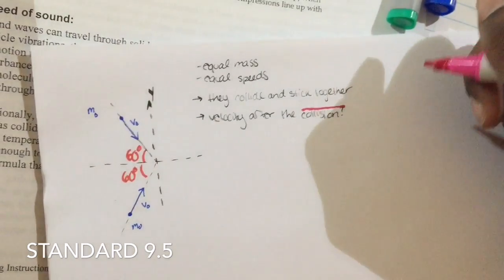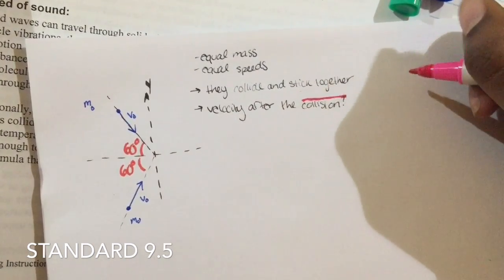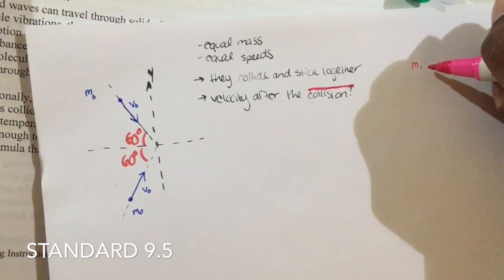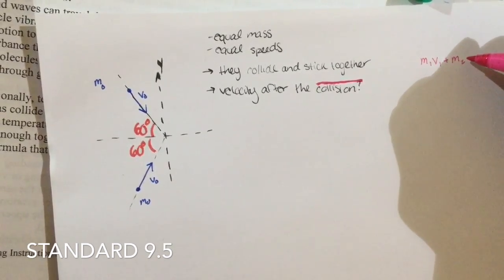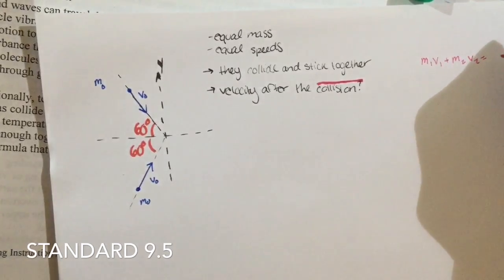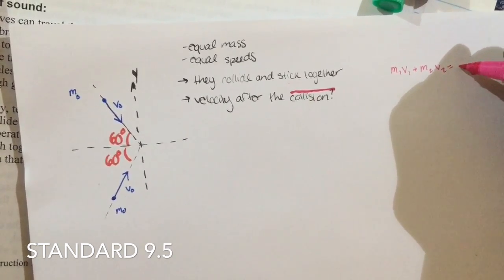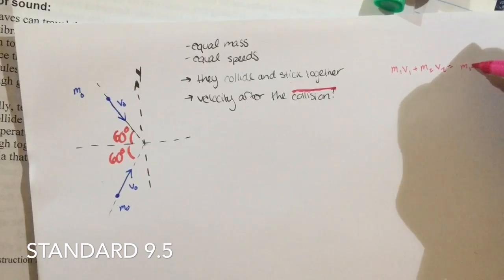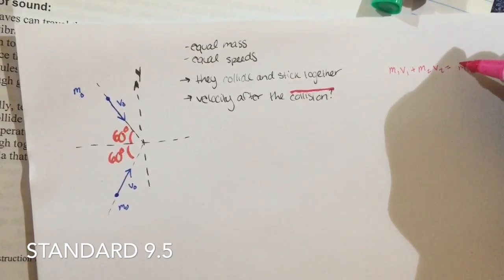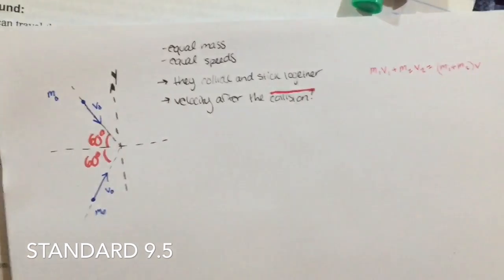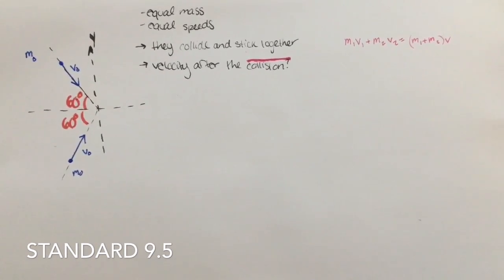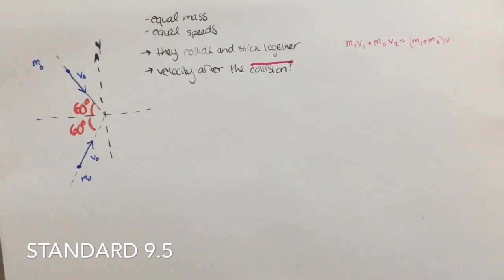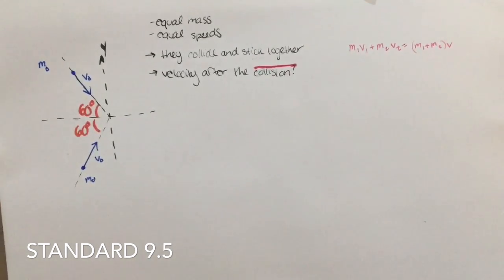So before, there are two particles, so you'd have m1v1 plus m2v2 equals the combined mass, m1 plus m2, times the velocity. And since it's two-dimensional, you have to break it up into components. And the first thing you could realize is that